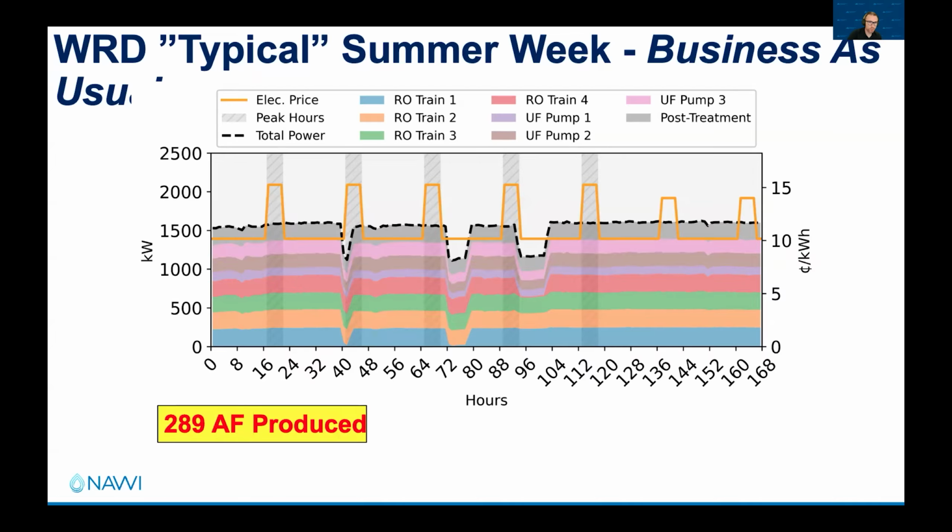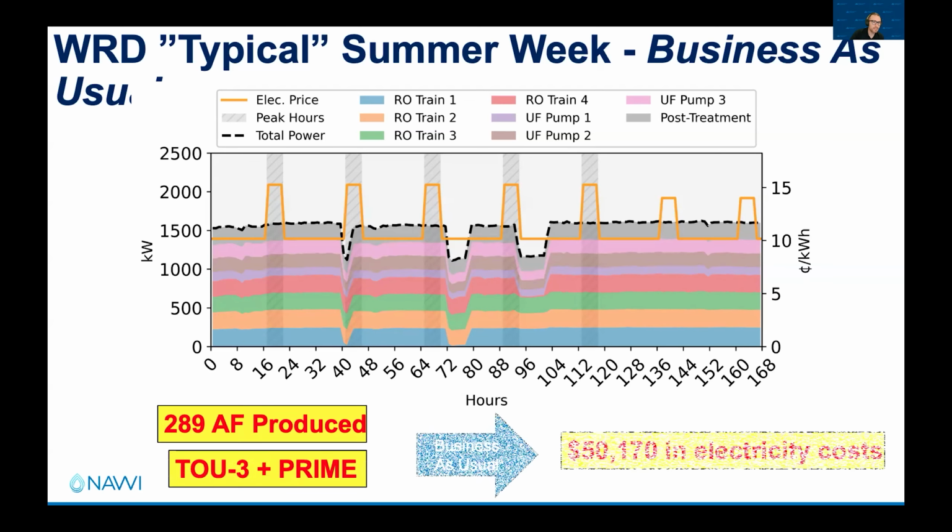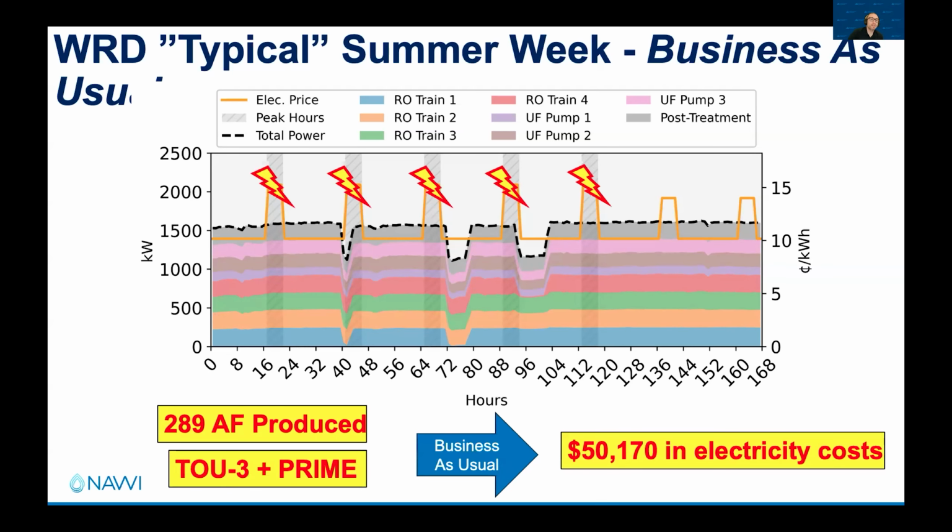So in this example, a typical week in August of 2023, they produced 289 acre-feet of water. This was the rate structure that I just discussed. So business as usual, this cost them about 50 grand in electricity cost for this week. Now, why is this? It's because most of this cost is being incurred because they're operating during peak